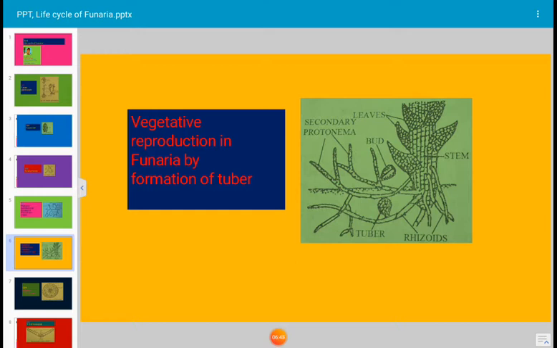Another type of vegetative reproduction which occurs in Funaria is apospory. In this case, the gametophore forms directly from the vegetative cell of the sporophyte without undergoing reductional division and spore formation, which is called apospory. The cell divides and forms protonema from which develops a new plant of Funaria, or gametophore. Thus, the gametophores are diploid. The gametophore of Funaria is diploid. Next slide.